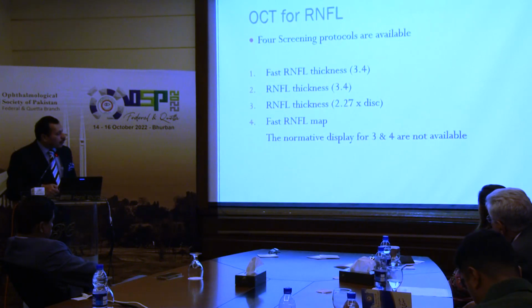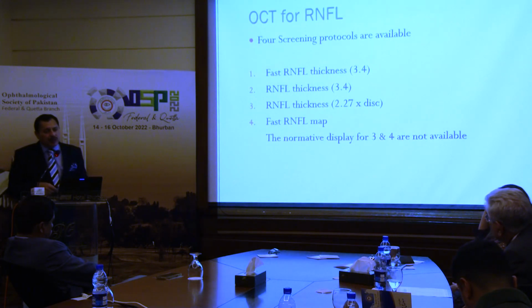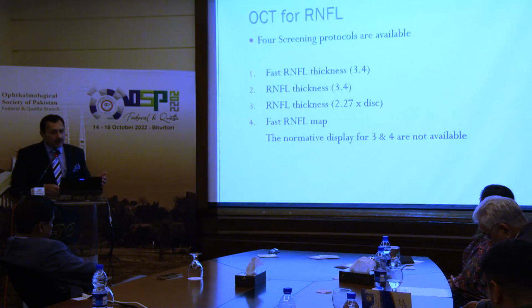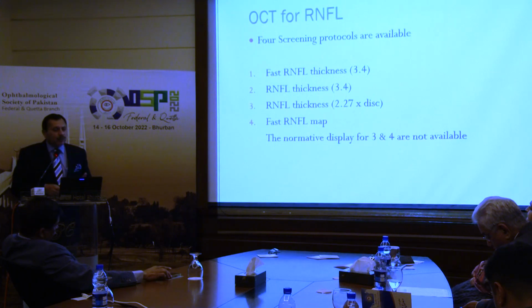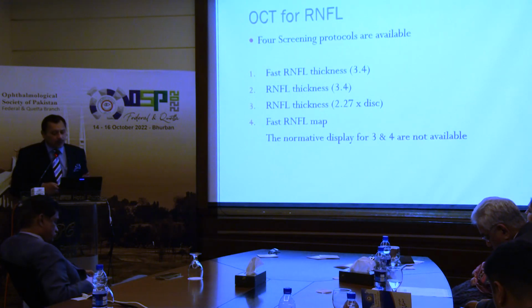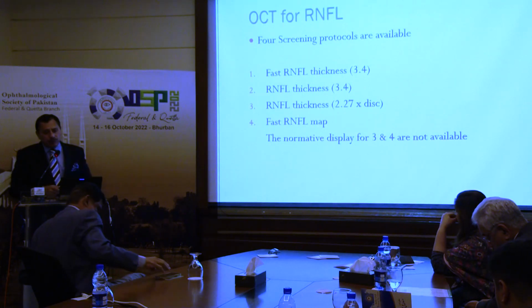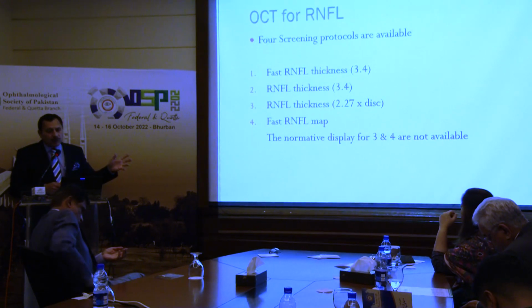उसके बाद RNFL थिकनेस 2.27 इंटू डिस्क, यानी उसके इतने एरिया में करेगा। फिर एक फास्ट RNFL मैप है। नॉर्मेटिव डिस्प्ले फॉर थर्ड एंड फोर्थ आर नॉट अवेलेबल। अब इसका क्या मतलब है? इसका मतलब ये है कि मशीन विजुअल फील्ड के अंदर एक नॉर्मेटिव डाटाबेस डाल दी गई है। इसलिए कहा जाता है कि अगर आपने विजुअल फील्ड करने से पहले पेशेंट की एज एंटर नहीं की तो डोंट एक्सपेक्ट दैट द रिपोर्ट इज़ गोइंग टू बी रिलायबल, बिकॉज मशीन इज़ गोइंग टू कंपेयर द रिपोर्ट ऑफ द पेशेंट विद एज मैच नॉर्मल पॉपुलेशन।